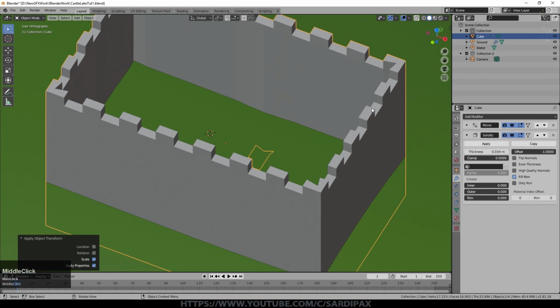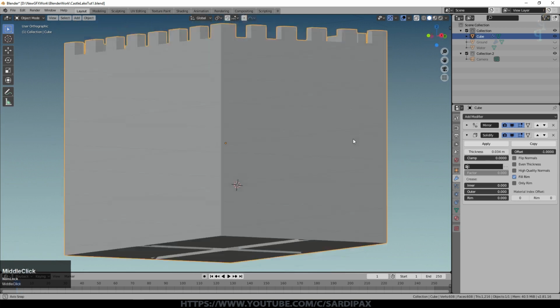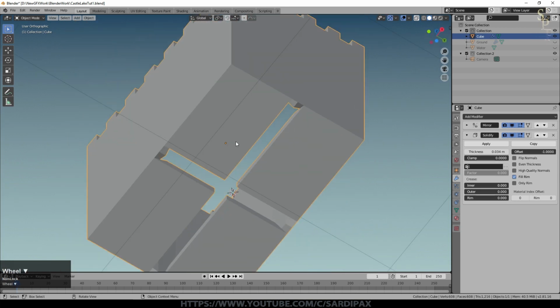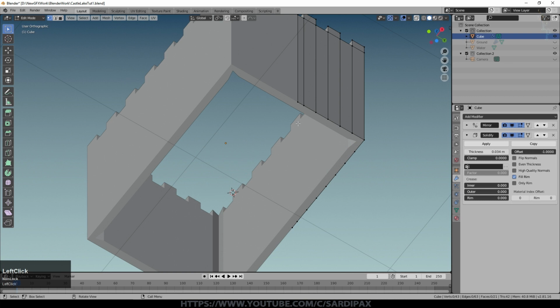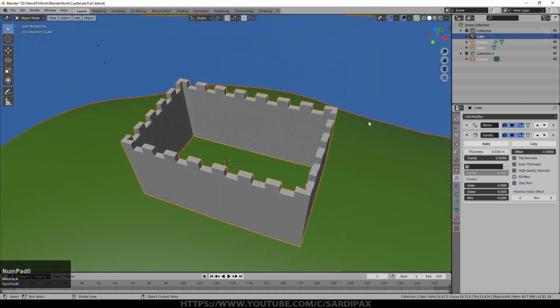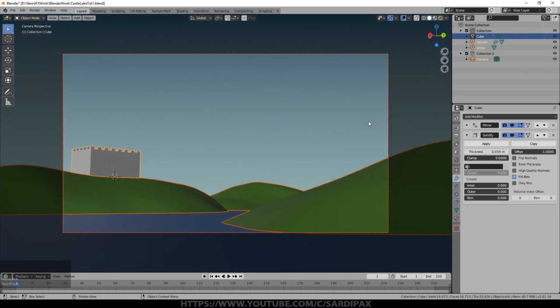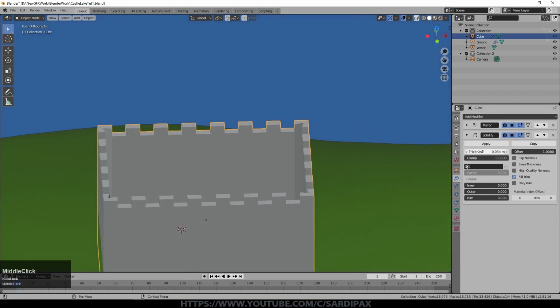In fact, we're going to apply these modifiers anyway in a moment. And while I'm at it, if I do Shift H, the castle is now the only thing we can see. Don't actually need these faces at the bottom. So I'm going to remove them now. They were quite useful when I was drawing the edge loops. They were helping it. They were making it easier to do that. So X vertices, and that gets rid of what's going on at the bottom. Alt H when we come out of edit mode to bring everything back. So let's have a look. Scale, it's not perfect, but it'll do. So let's apply those modifiers.